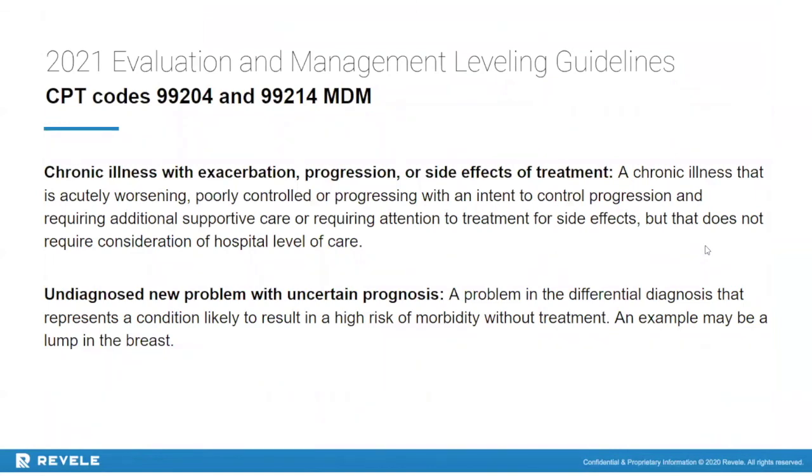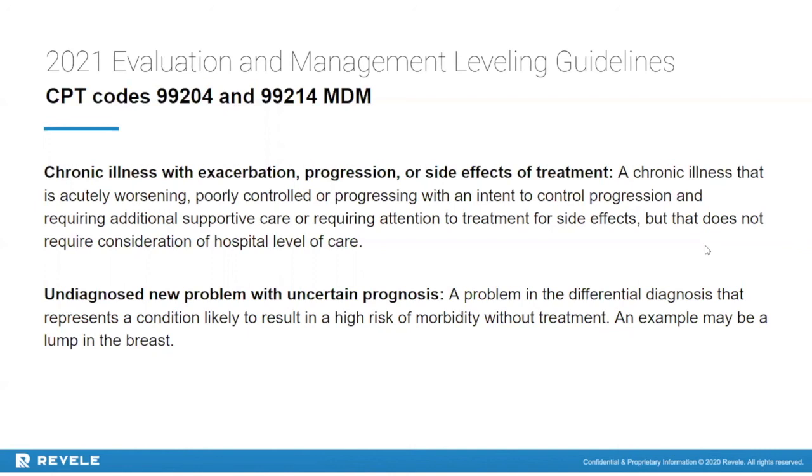So for some of the definitions for the fourth level, codes 99204 and 99214, would be the chronic illness with exacerbation, progression, or side effects of treatment. This could be a chronic illness that is acutely worsening, poorly controlled, or progressing with an intent to control progression and requiring additional supportive care, or requiring attention to treatment for side effects, but that does not require consideration of hospital level of care. For undiagnosed new problem with uncertain prognosis, this could be a problem in the differential diagnosis